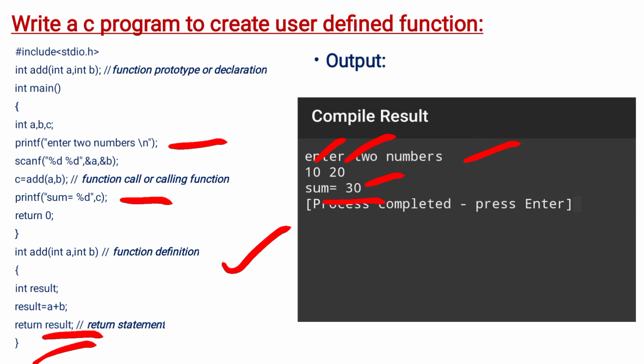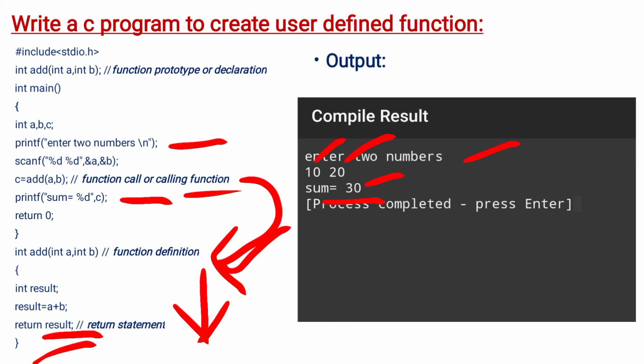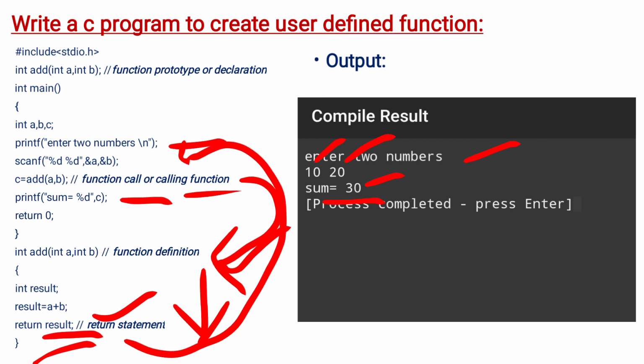This is known as the function call here. So whenever the compiler detects a function call, the control will be transferred from the function call to the function definition. After executing all these statements, the compiler detects the return statement. So when the compiler detects the return statement, the result will be passed to the calling function. Here the result is stored in the variable c. So that's why we are printing the value which is stored in the variable c. From the result variable, this 30 has come. So this is the output for this program, and this is the program to demo user defined functions.